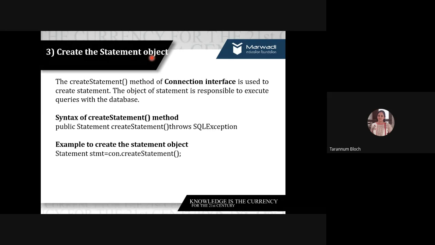Product display, music display, whatever is there. What you will do is, in one page you will display all the musics available in the table. So for that, which query you want? Select star from the table name. Now select star from the table name is entirely a static query, and a static query does not have any part coming from the user. So when we have a static query, we will use the Statement object.